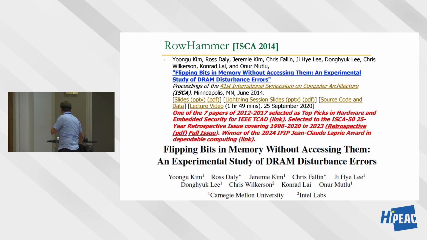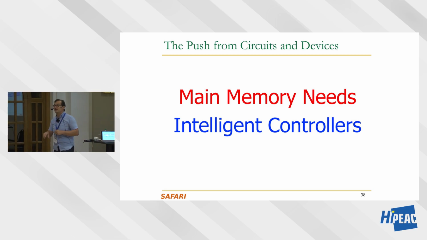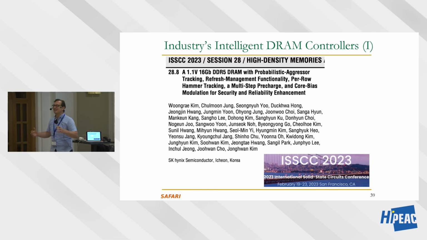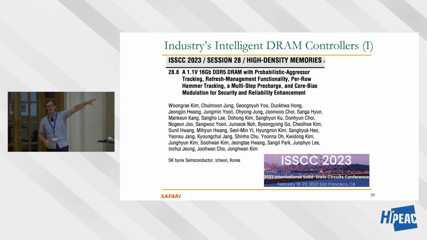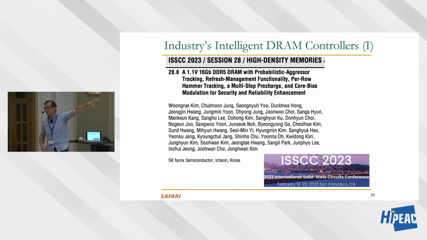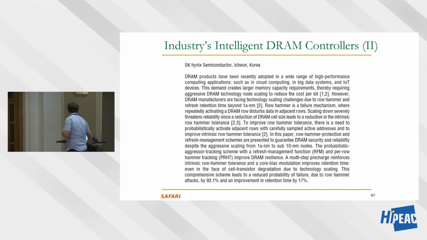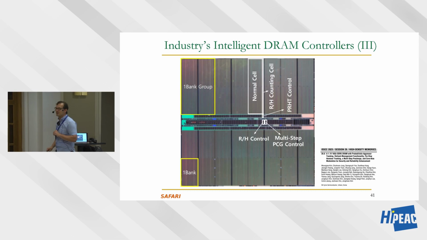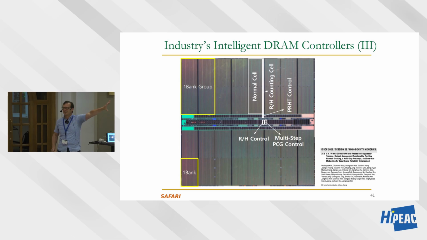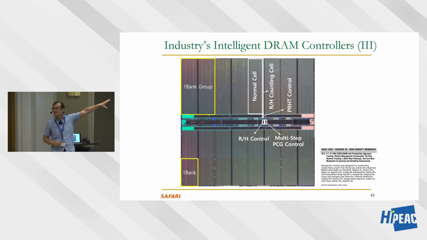And we've written papers about it, and we've always argued that you need to have more computation on the memory side to fix this problem. Now, the good thing is, industry finally recognized it, and they wrote papers, finally. This is a paper in ISSCC in 2023. In 2023, SK Hynix, which is one of the major DRAM manufacturers, there are only 3 of them, wrote a paper saying that we acknowledge the RowHammer problem, and we're putting computation in our DRAM chips to fix it. So this is a DRAM chip. DRAM chip, people don't want to modify it. That's the mindset. We always argue that you should modify it, but the mindset is you don't want to modify it, but these folks are actually putting computation.